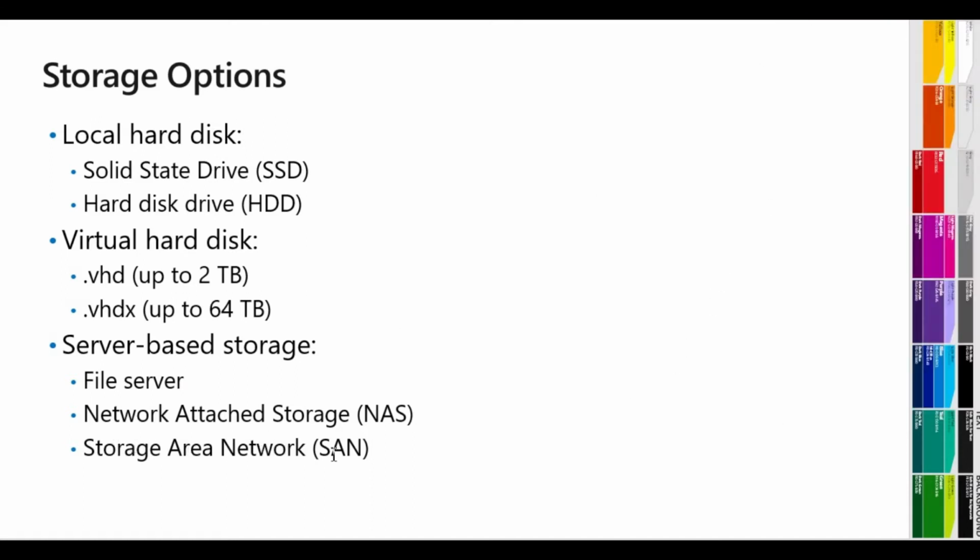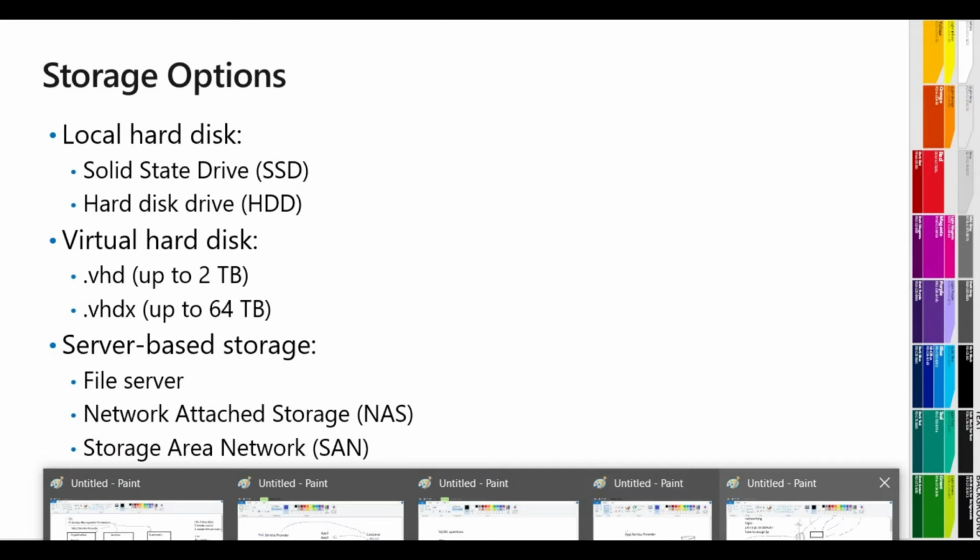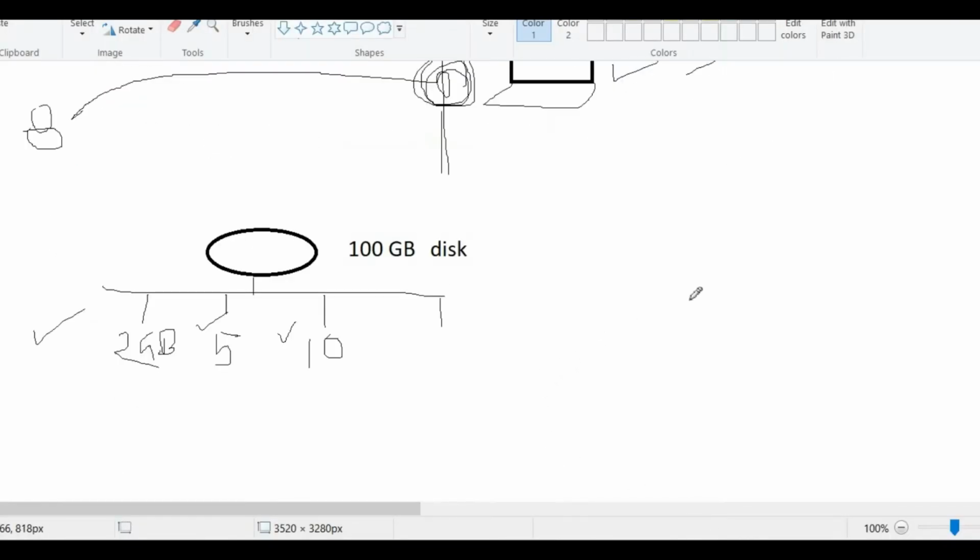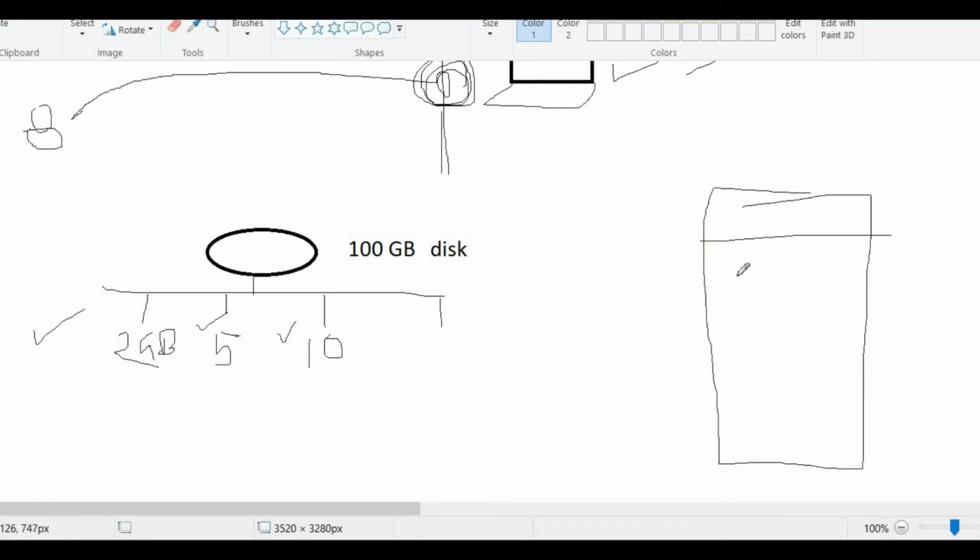And SAN is storage area network. SAN is a broader environment; in an enterprise network or in a data center environment, we use this storage area network. Storage area network means, in the company, let's say you have a server rack like that, right? Maybe in the rack you may have many different kinds of servers. So they are all storage,